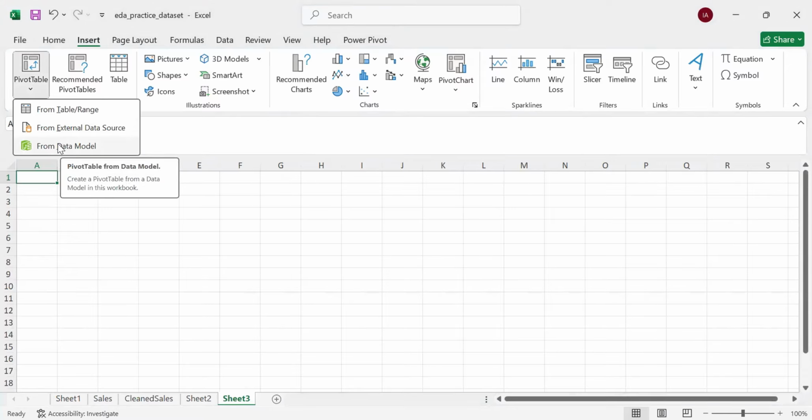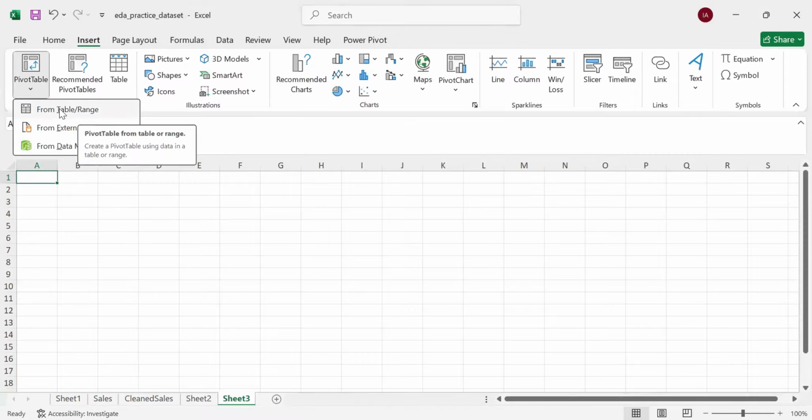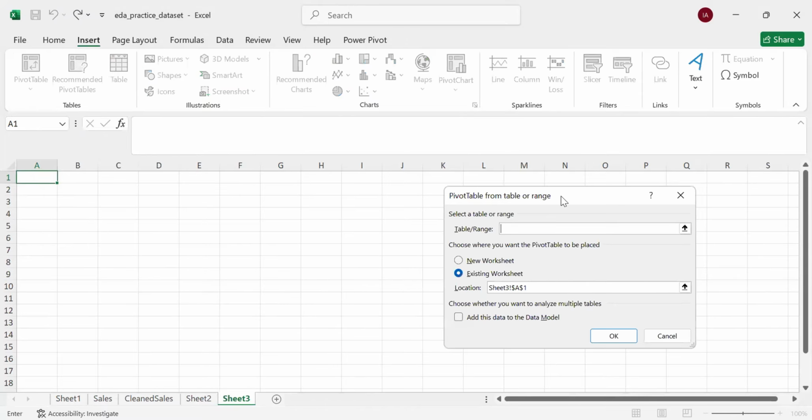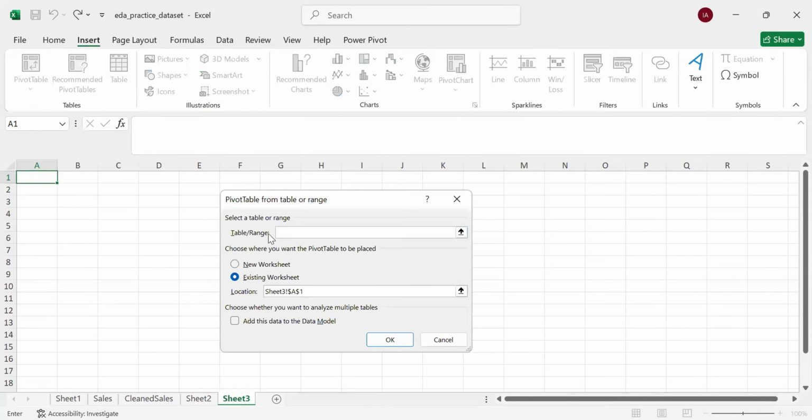I can use Data Model because I have attached my data to the data model. I linked my data to the data model. However, for now, I'm going to use From Table or Range so that it's easy for us to follow through. When we go into data modeling, we will use these, okay? But it's gradual, and I believe you will catch up. So let's pick From Table or Range. When we pick From Table or Range, we have these. So what we are going to input here